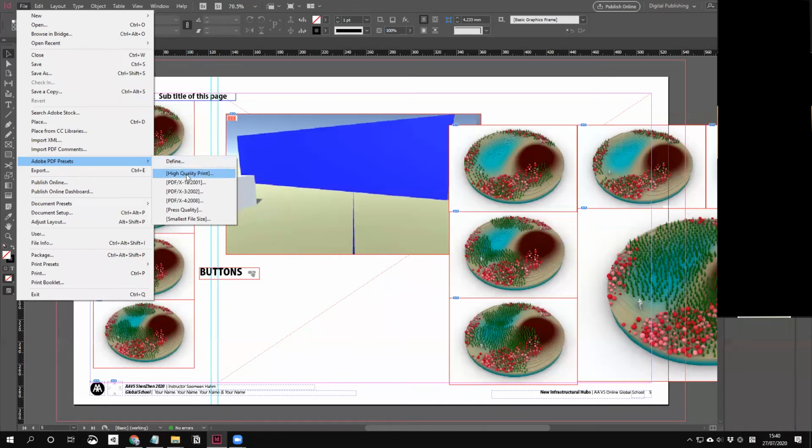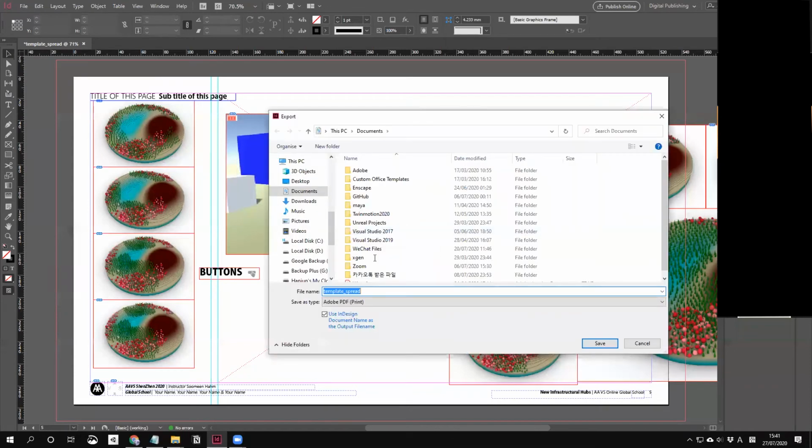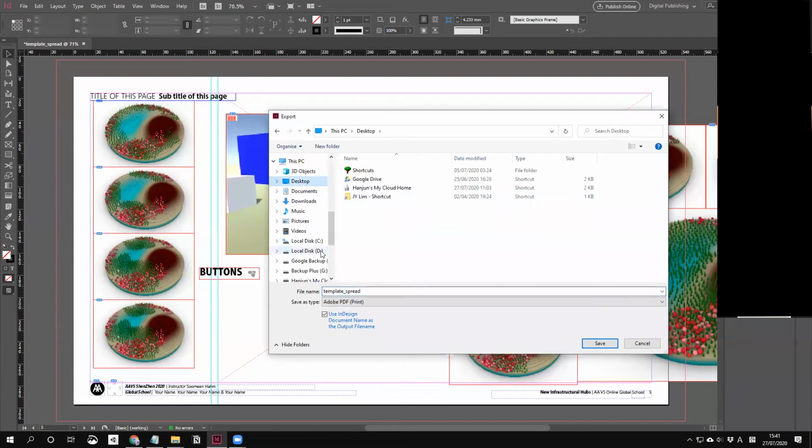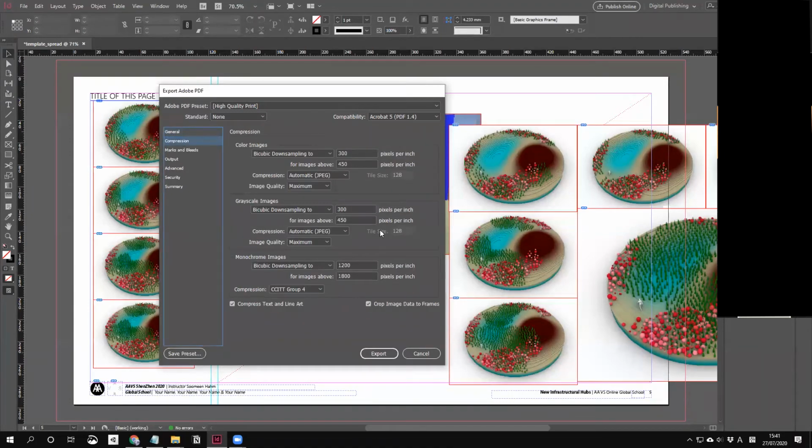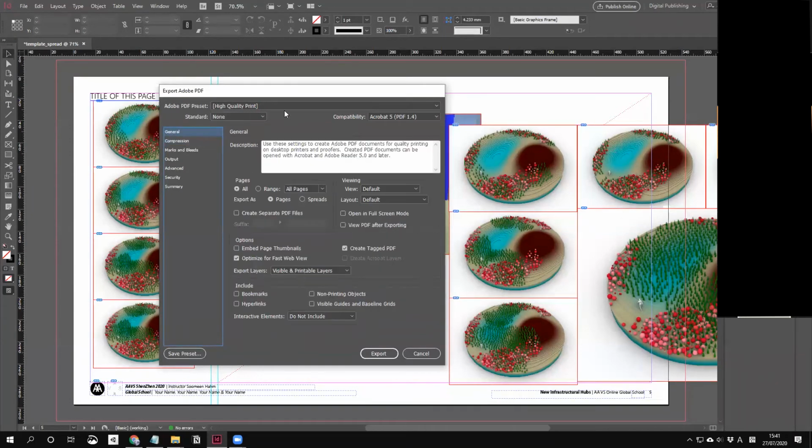I'll just save to the desktop. Usually you don't need to change anything, but of course you can change the pages over here, and the size of the images. But since this is a high quality print, I recommend not to change anything